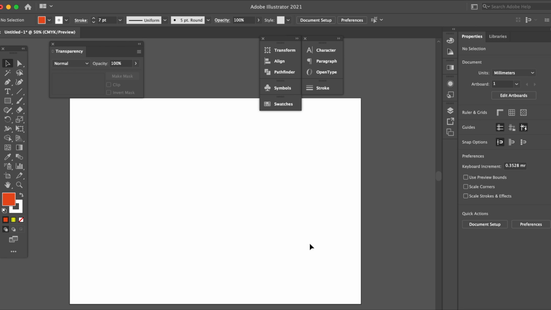So in this video, I'm going to show you how to do the 4 different types of gradients in Illustrator. So let's get started. So I'm going to click onto the rectangle tool,